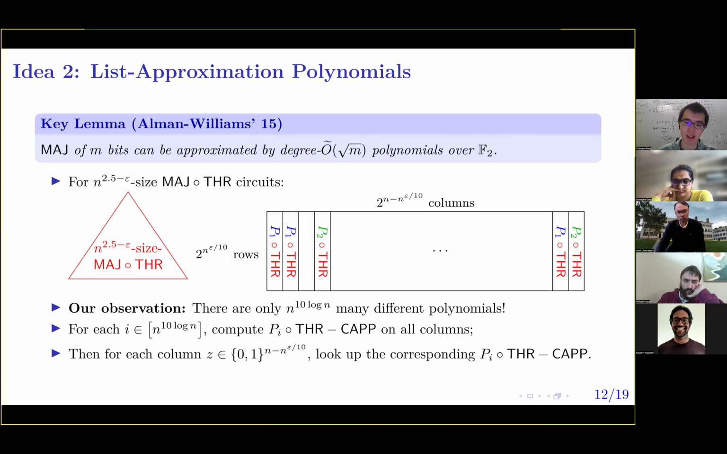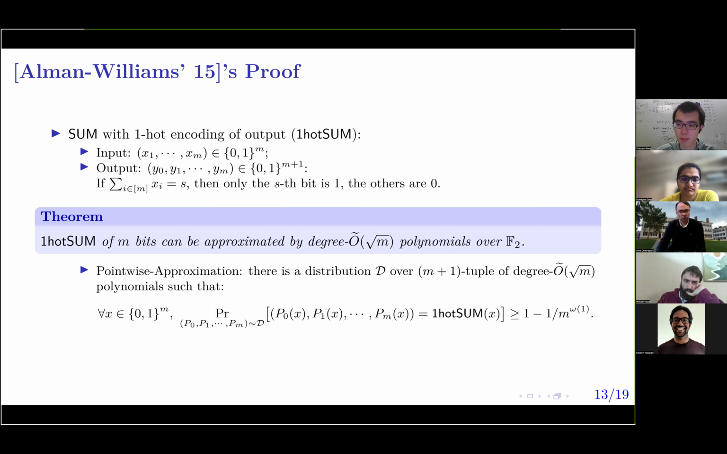Okay, so now I will present how to prove this crucial observation. So why they are only in the 10 log n many different polynomials. Okay, and before presenting our proof, we need to first